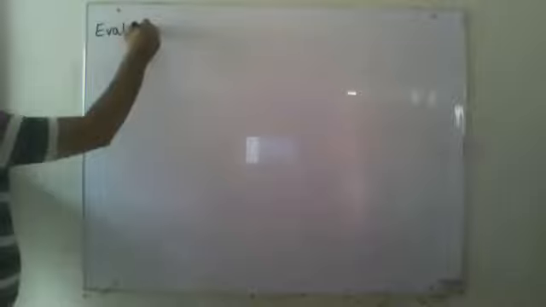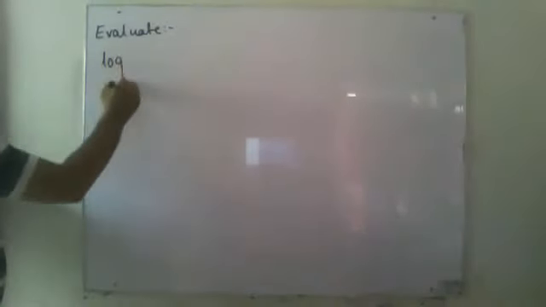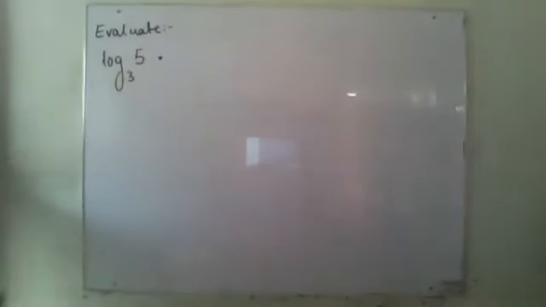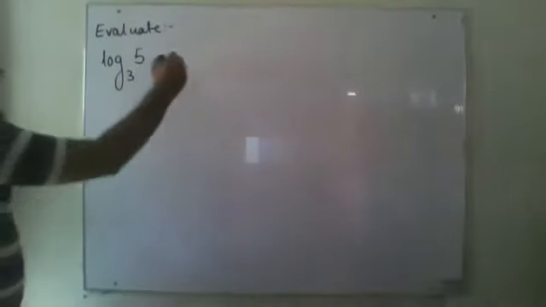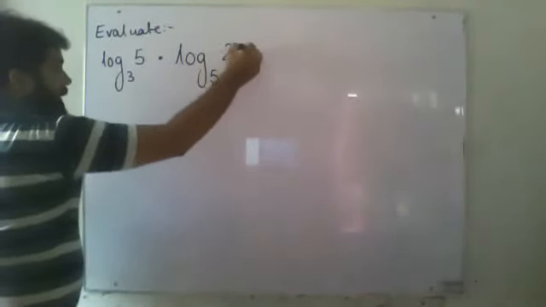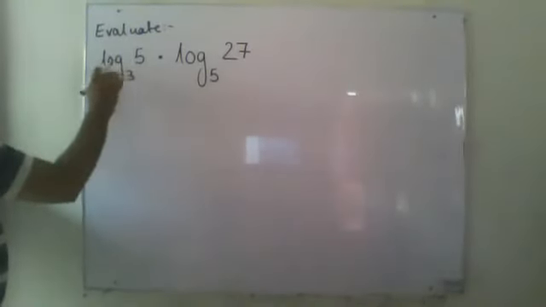They are telling us evaluate. We have to evaluate to get the answer, and the question says log base 3 of 5. This is a multiply sign. Okay, this dot I'm using over here. They have taken it as a multiply. Log 5 27. Okay, this is the thing which I can do over here, and they are telling us to evaluate, meaning I'm not going to use any calculator. I'm going to do it directly. So how will I do this one? See, first of all, this is written.